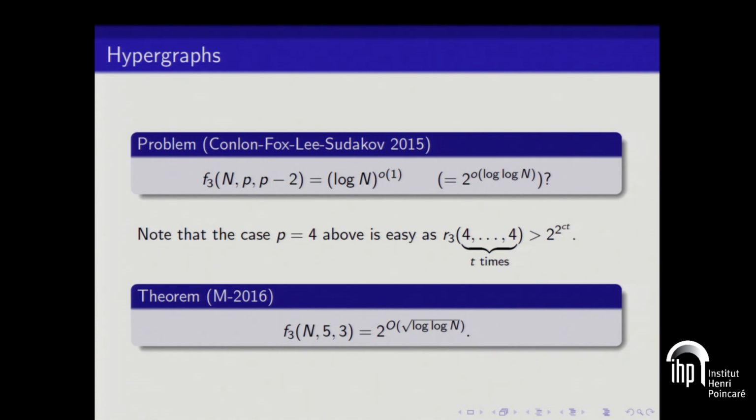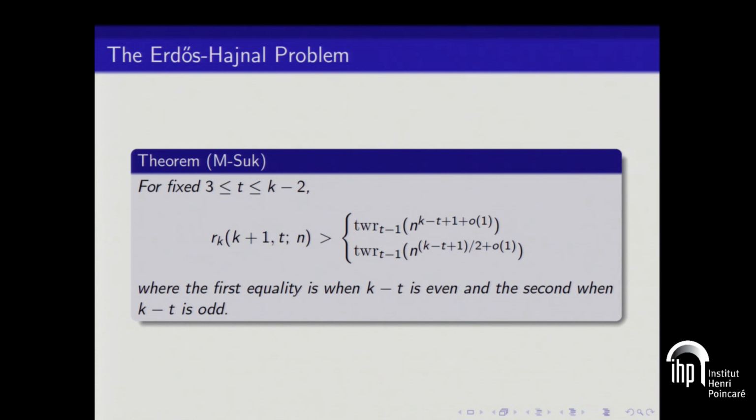And the lower bound is very far from this, so we don't have a good understanding of this function. Okay, so let me, maybe 3-4 minutes. In 3 or 4 minutes, let me try to show you something about how these things are proved. Mainly there's constructions. And let me illustrate it by this theorem that Suk and I had for the Erdős-Hajnal problem, where we determined the correct tower height for the Erdős-Hajnal problem.